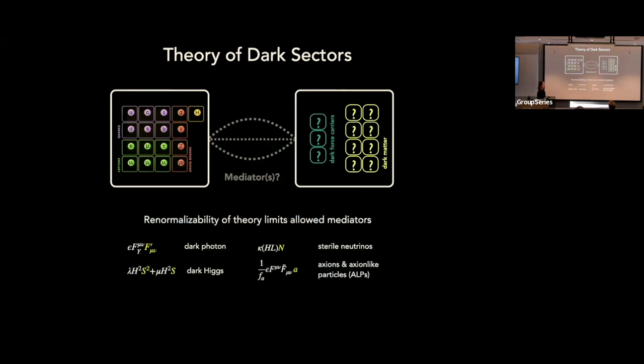So you might be looking at this and wondering, gosh, now we've just made everything possible. It's anything goes. And that's actually not the case. There are a lot of theory restrictions that end up limiting us to certain classes of scenarios to consider in this context. So very briefly, one constraint comes from just the renormalizability of the theory. That ends up limiting the number of mediators that are allowed here. So we break those down into 4 classes of possibilities.